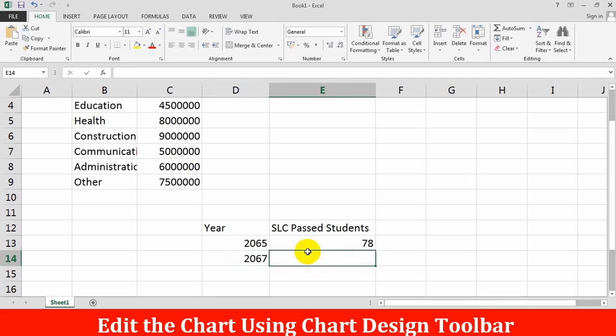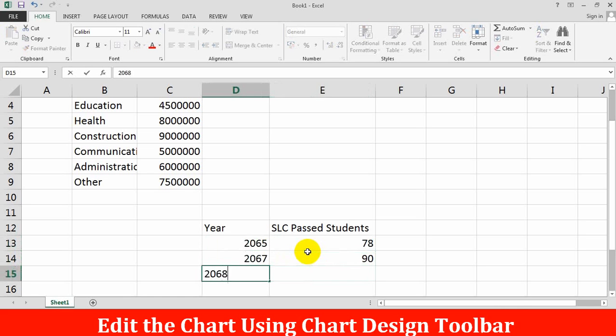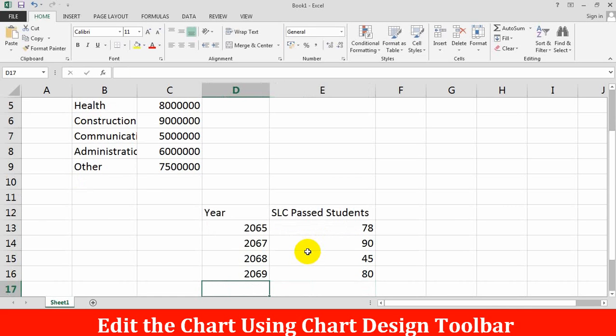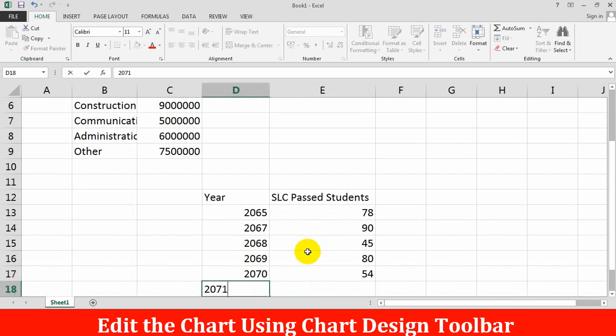In 2067, 90 students passed. In 2068, only 45 students passed. In 2069, 80 students passed. In 2070, 54 students passed, and in 2071, 68 students passed.